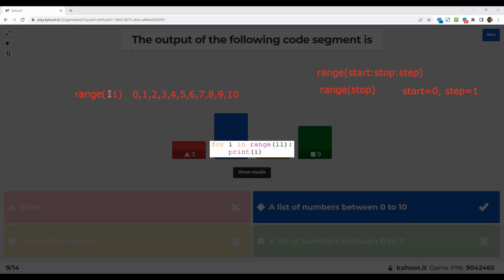And this loop repeats 11 times, right? Remember, we discussed this idea earlier. So this is how it works. If you want to say range(1, 11), it means you specify start and stop. And what you need to know is that step is 1 if it is not given. So in this one, it starts with 1,